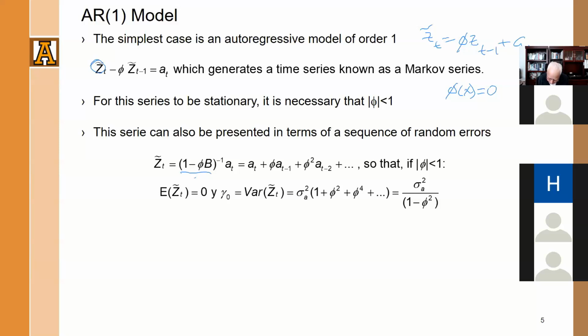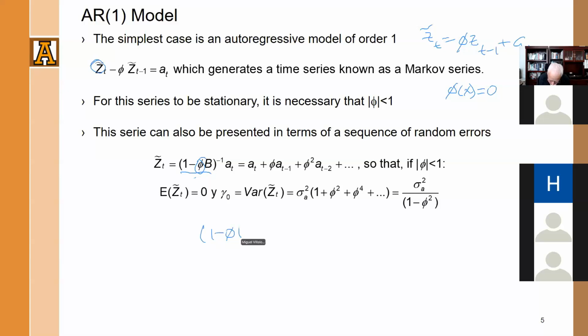So if phi is less than 1, then I can express the inverse of this polynomial as 1 plus phi^1 a_{t-1} plus phi squared a_{t-2} and so on. In other words, it's going to be 1